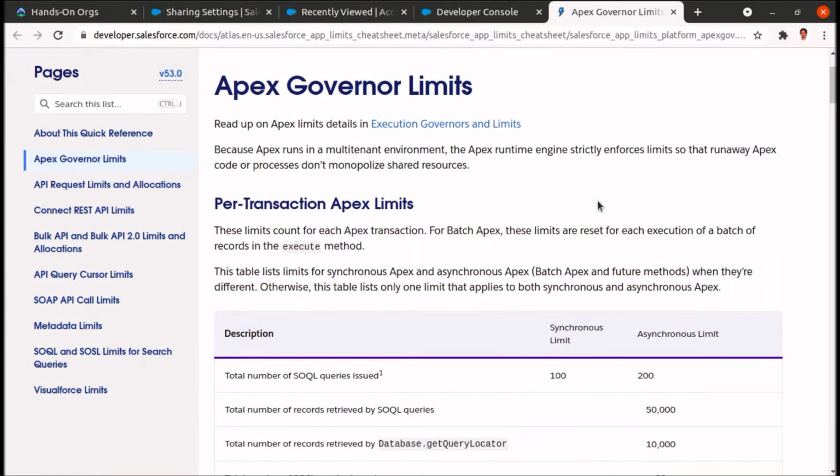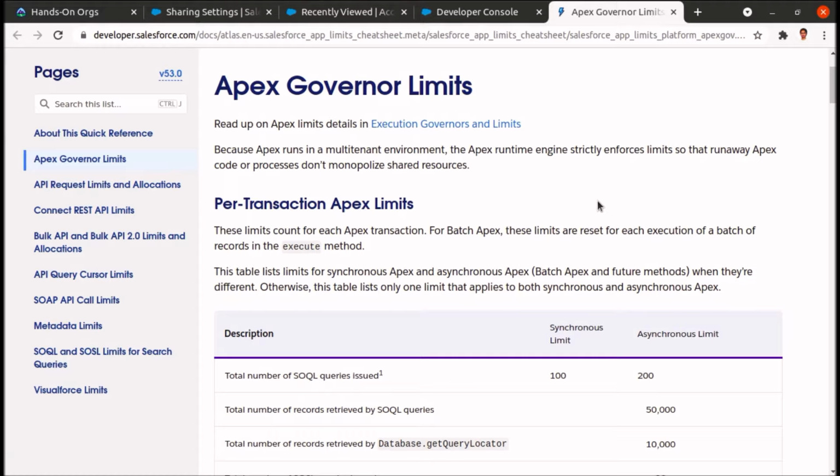We will be looking at Apex governor limits, or we can say governor limits in Salesforce. So what are governor limits? Governor limits in Salesforce are used to ensure the effective use of resources on the Salesforce multi-tenant platform in order to execute the code efficiently. So Salesforce sets some limits to ensure that no one acquires resources from others. Salesforce.com sets many restrictions that limit normal code executions.